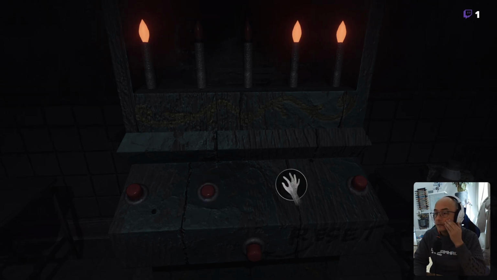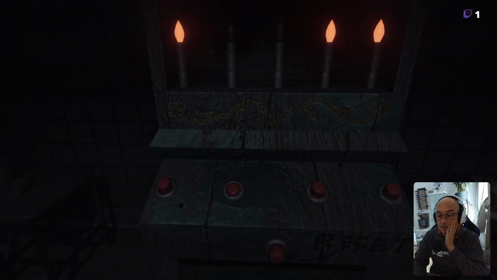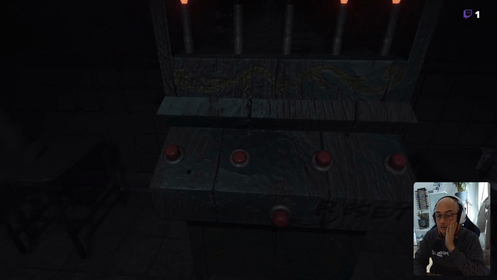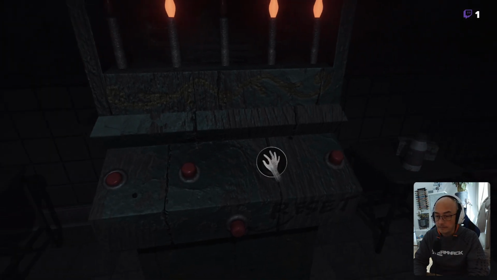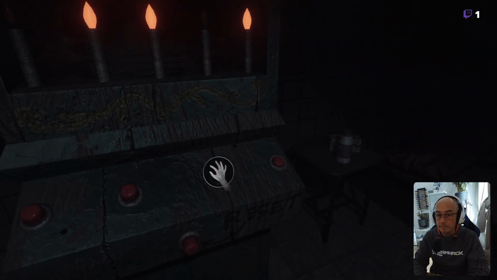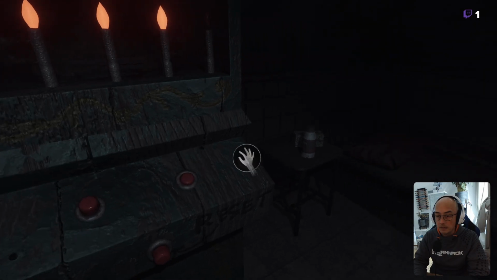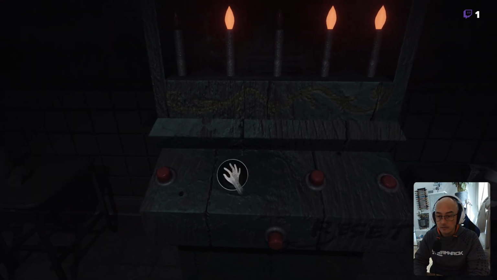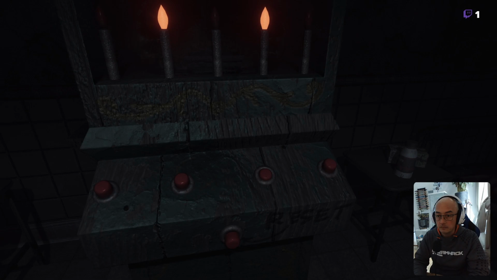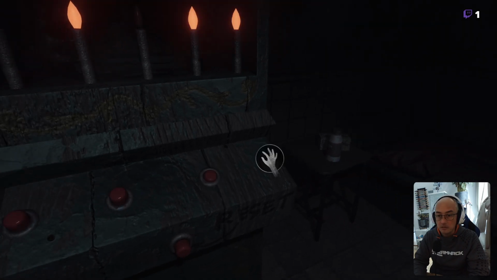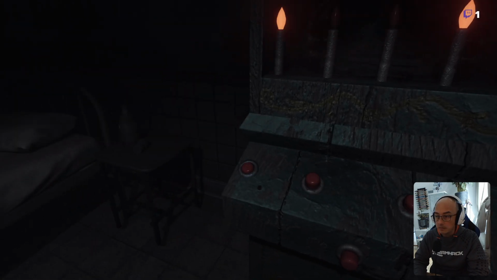This puzzle is about lighting up all of the candles at once. So I think it's going to be only trial and error.